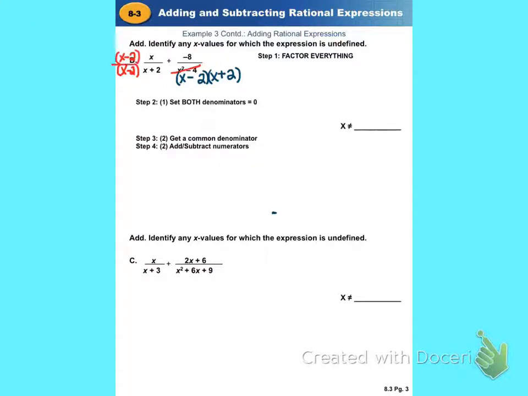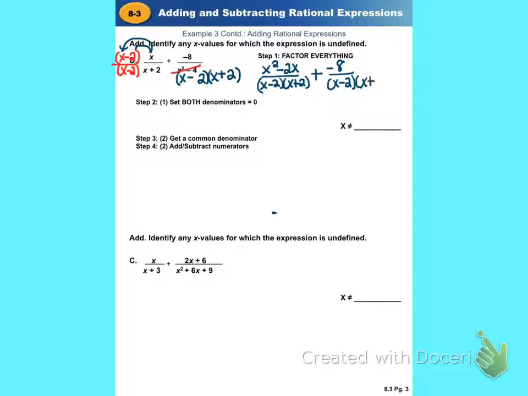If you do it to the top, you've got to do it to the bottom and vice versa. And so now I'm going to look at what that new numerator is going to be when I take that x and distribute it through. I have to distribute that x to both parts, and that makes it x squared minus 2x, over x minus 2, x plus 2. And then the other fraction is negative 8, and it's over the same denominator,